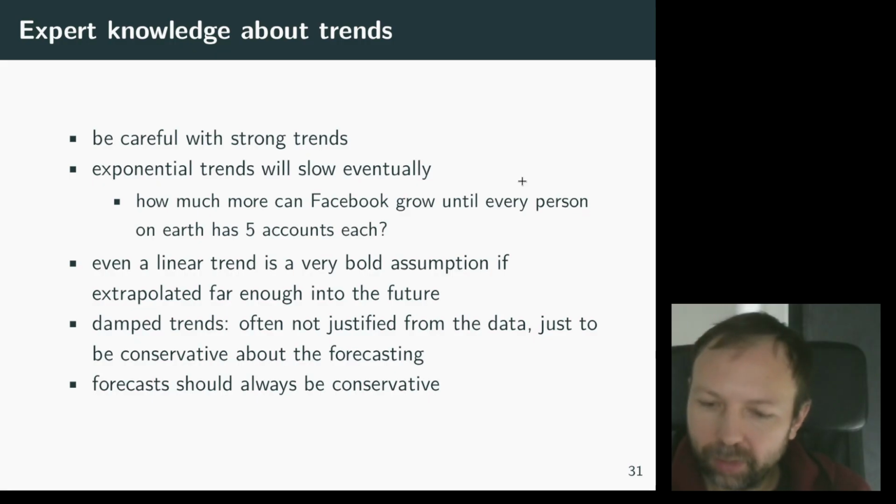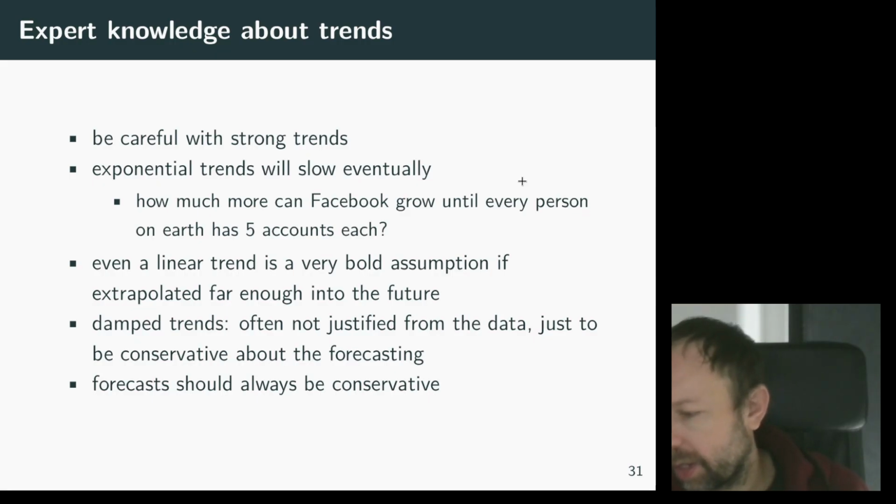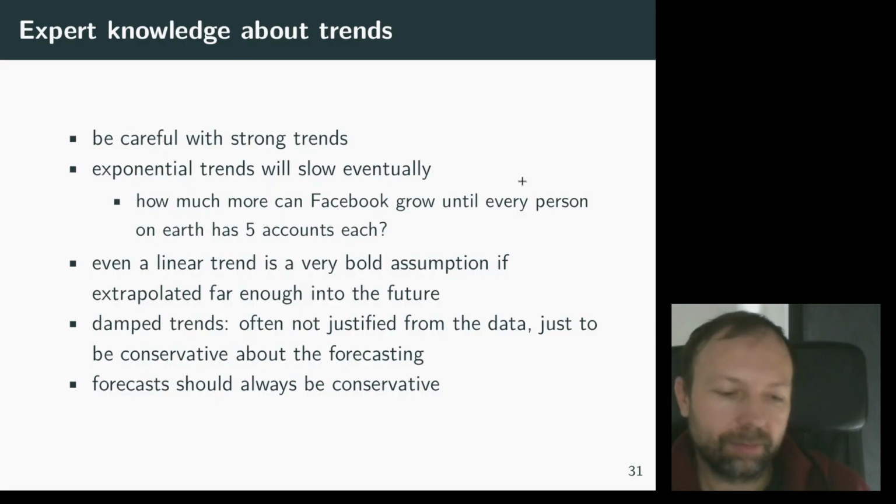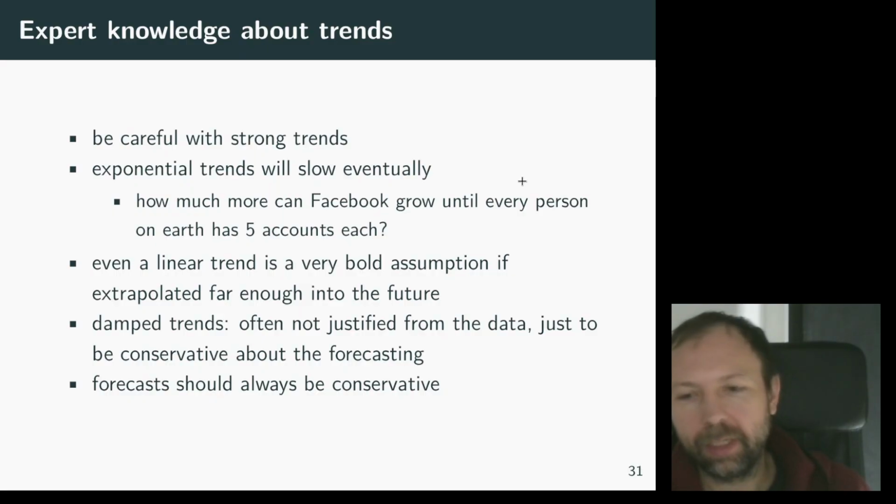So yes, maybe Facebook, Amazon AWS, Uber, these startup companies have had exponential growth, sometimes over decades. Facebook had exponential growth for probably 2 decades, AWS as well. So it's difficult, right? Sometimes you do need to forecast that exponential trend, but eventually it will slow